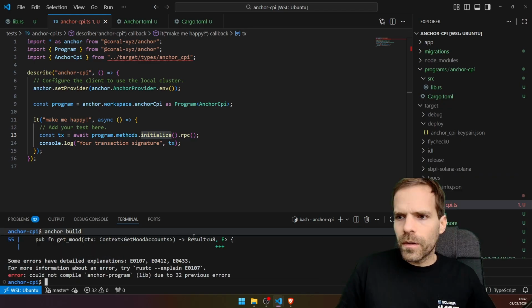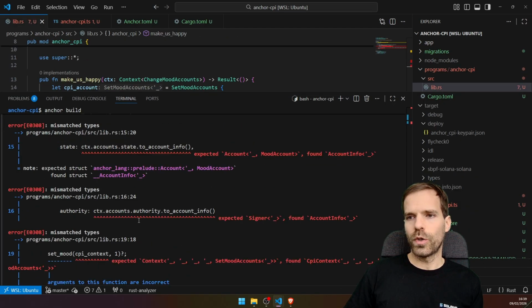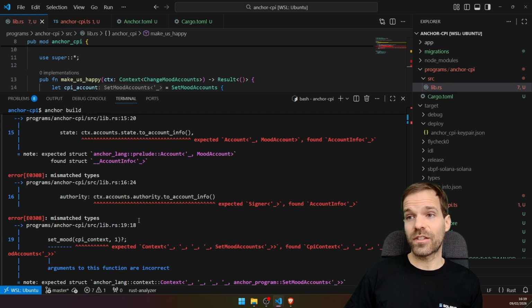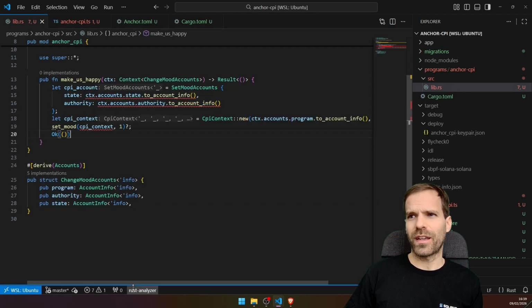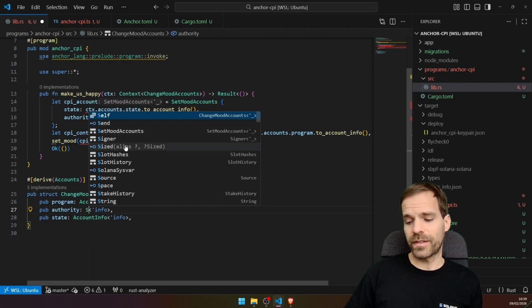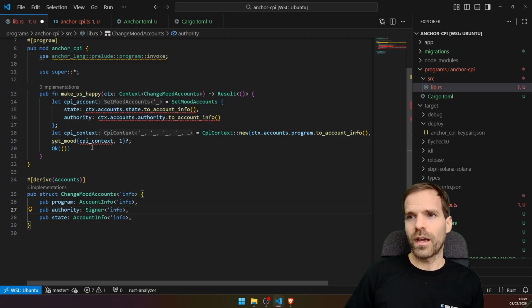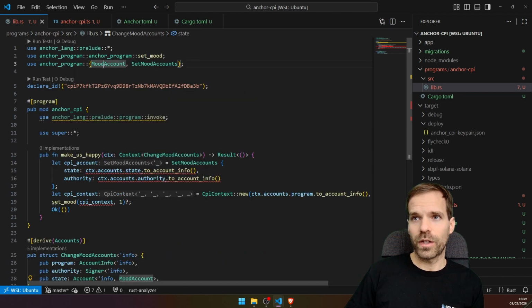Wait, does it build? Oh no, it does not build. Oh, hold on. Yeah, we have mismatched types. Anchor does already want me to check that here. Okay, let's see if I can get that to work. So you want the state and the authority to be a signer. Well, that makes sense. And the state to be an account of type mood account,